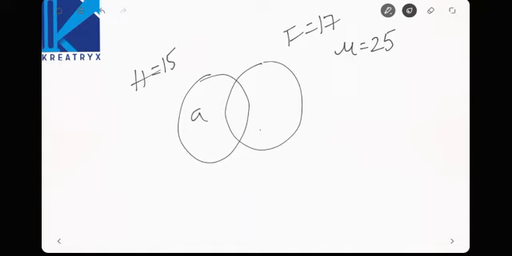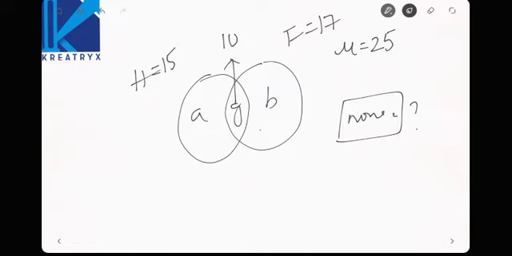So let us write the alphabets just like this. Okay. And the next term given is 10 of them play both hockey and football. G is the value where both hockey and football are played. 10 of them play both the games. So you are asked to find out the number of persons playing neither hockey nor football. Neither hockey nor football means none. You have to find out the none value.